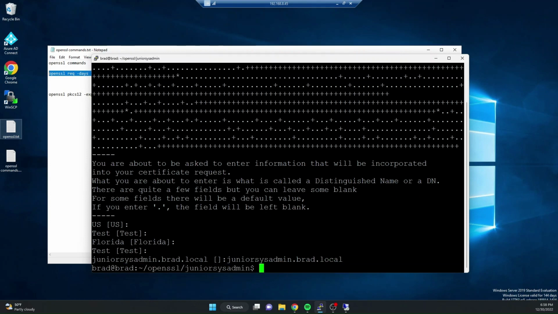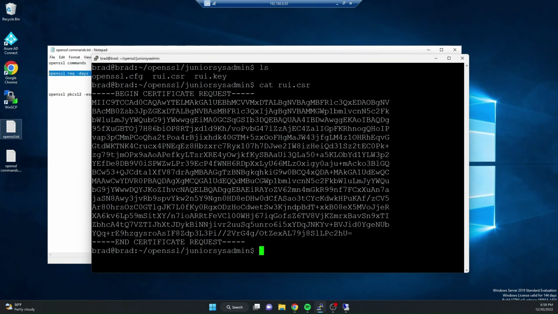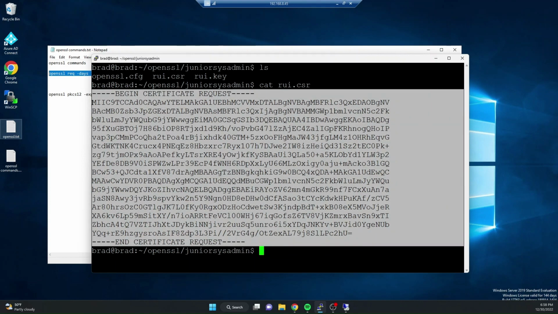And we're done. So if we clear out of this again, we do an ls. Now you see we have the rui.csr and we have the rui.key. So what we're going to do is we're basically going to do a cat on rui.csr. So there's our certificate signing request. So if we copy this, Control C that,